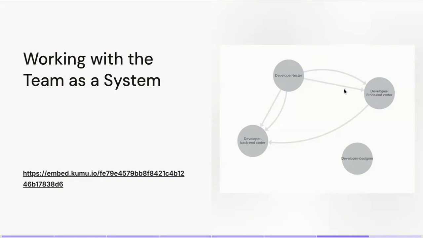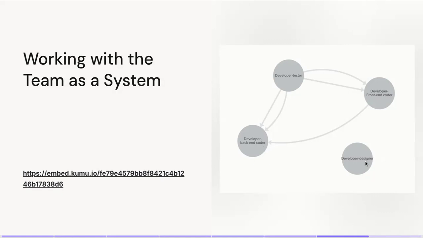Now, a lot of times, sometimes when you have a dysfunctional team, you'll have a situation where a developer might tell you, I don't need any interaction with the tester. Or much more common is the developer saying, we have no interaction with the designer and we don't need it. Just give us the wireframes and we will develop it. But reality is there is always that connection. It's just that they might not think of it and they might not value it enough.